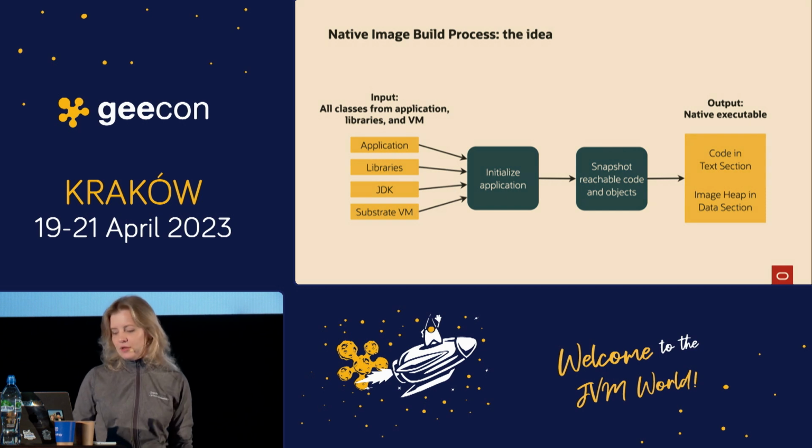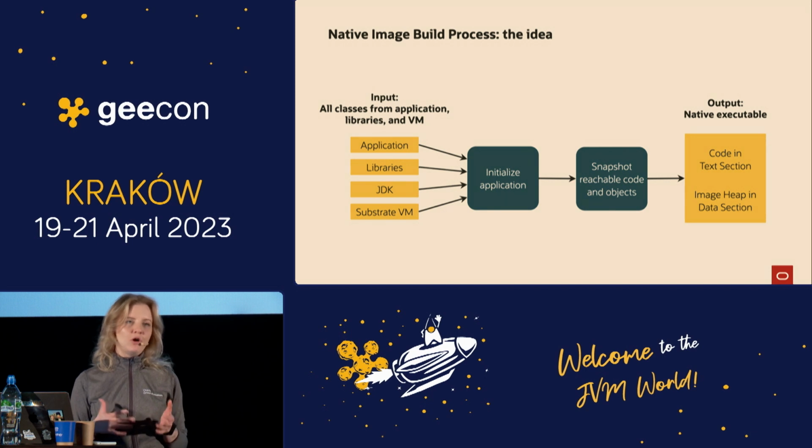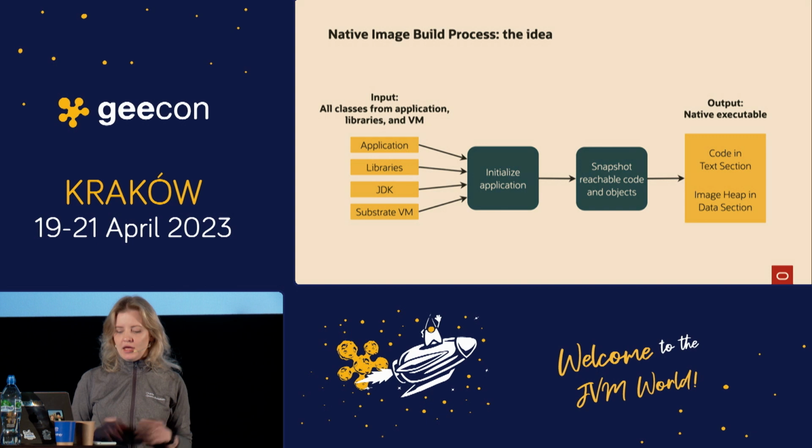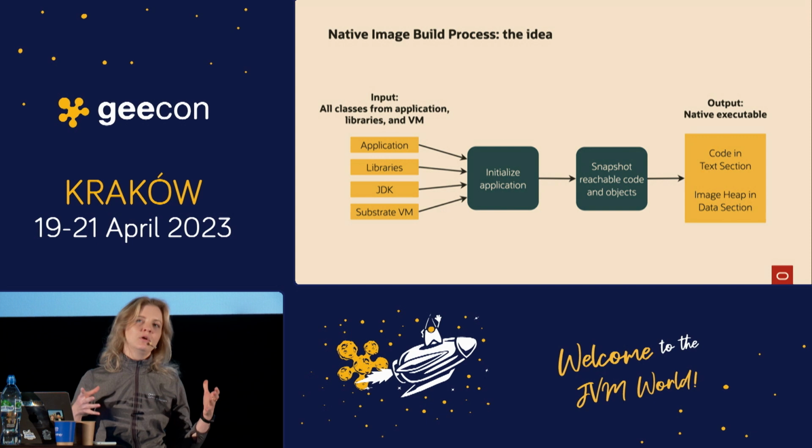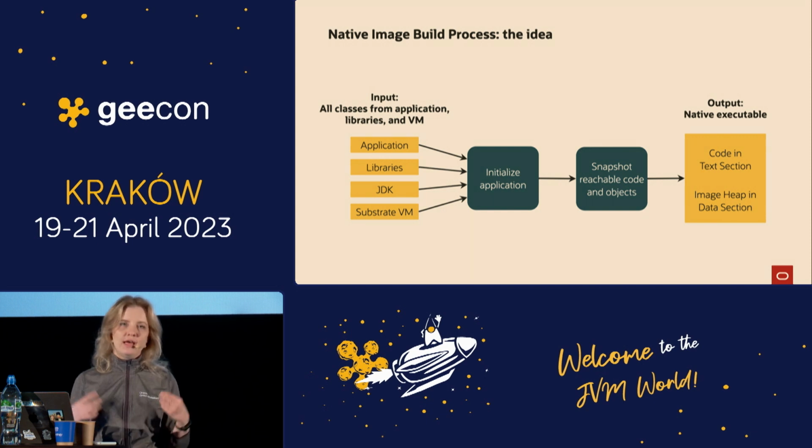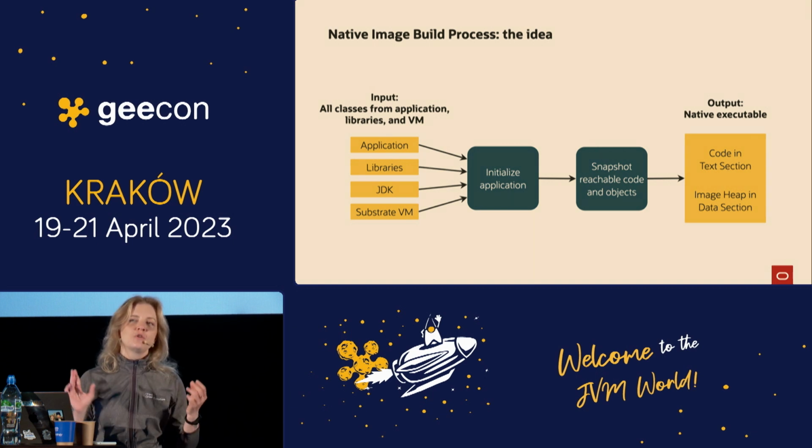So what is happening when you run the native image command from GraalVM and give it your Java application is the following. At the build step, we will look at your application, and we will try to find all the reachable code starting from the main entry point. So we will look at your app, look at the main entry point, and then from there, we will try to find all the code paths that are actually executed and understand what your application is doing so that all